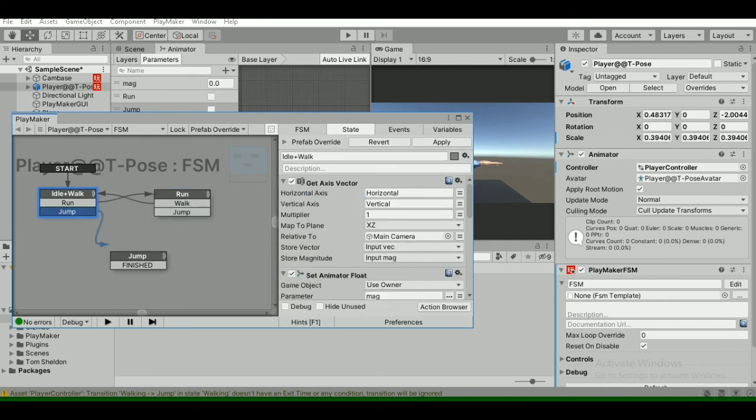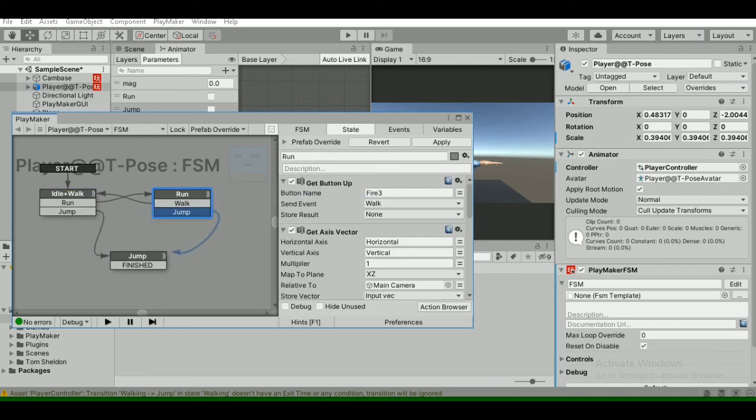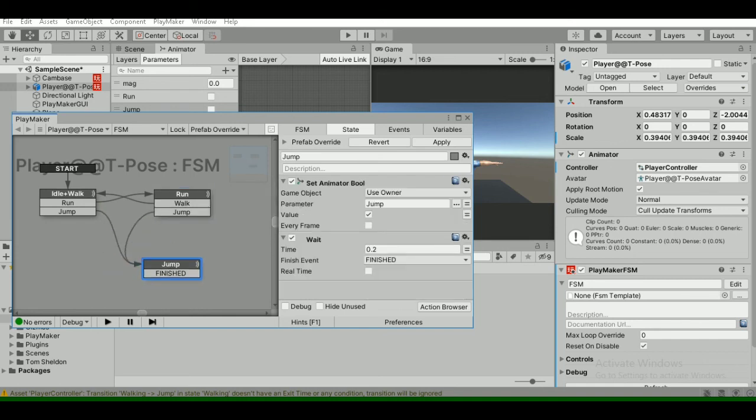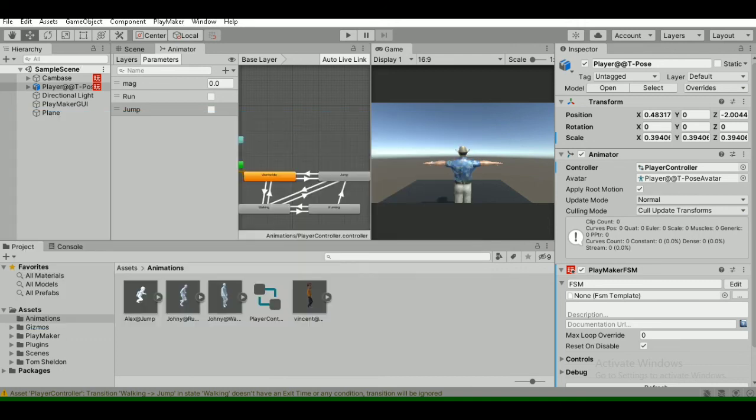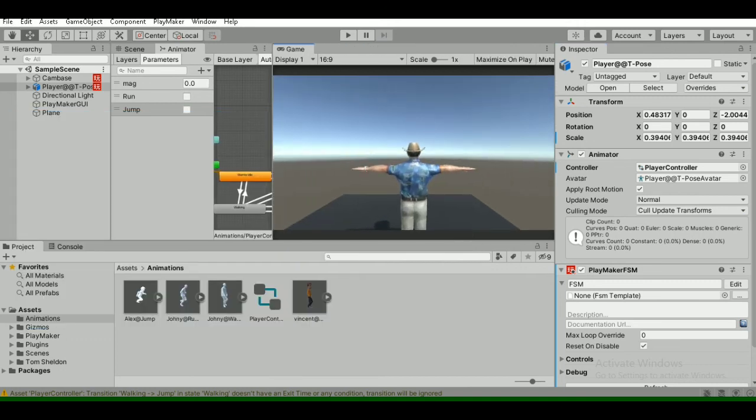Just join both jumps to this jump, and this finished back here. It was all done. Just save and see if it is working or not.